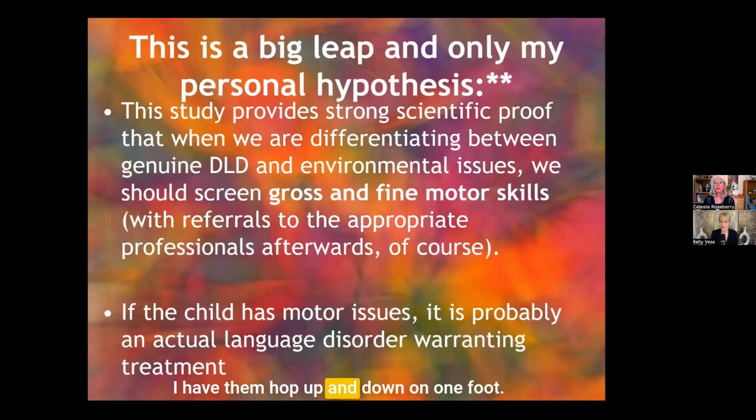I have them hop up and down on one foot. I have them catch a ball. When you start doing this, you will quickly see that kids who have underlying DLD really have trouble. And then I have them do cross crawl. If you just Google brain gym cross crawl, the kids, even as little as 3 that I've assessed, because that's mainly 3 to 11 is who I mainly see, they have trouble. And parents will report they're late to potty train, they can't zip up their clothes. That's a big red flag. We can totally interview parents and get all that. That's wonderful. That's such important information.